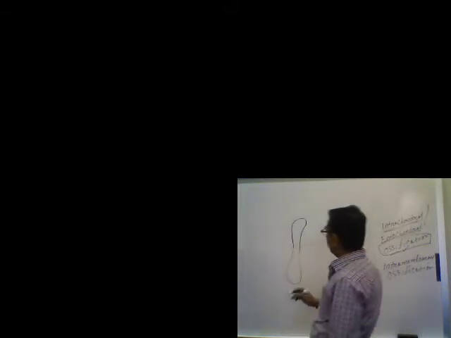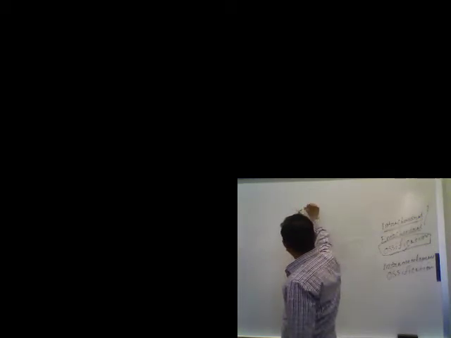But intrachondral ossification occurs through few changes. First, we know that cartilage. So this is the hyaline cartilage in fetus. So first, one thing happens